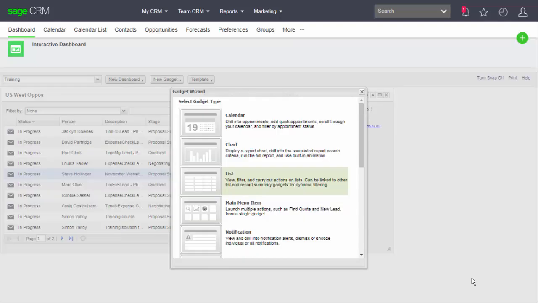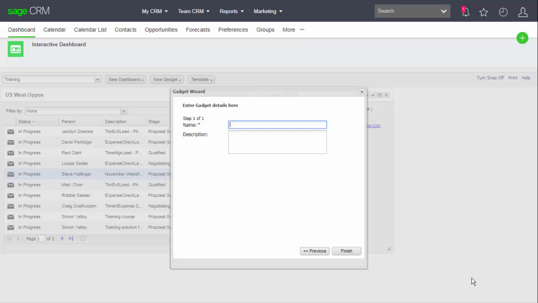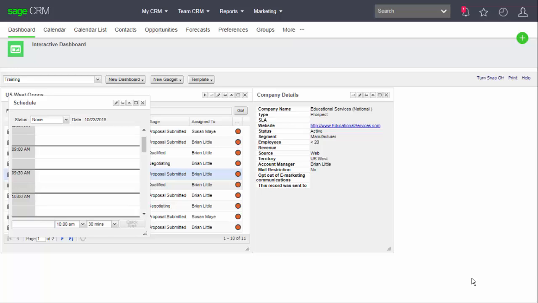therefore create gadget, and I can select the calendar from the list of gadgets, and I need to provide a name and then click finish. The new gadget drops into the default position within the dashboard and needs to be dragged